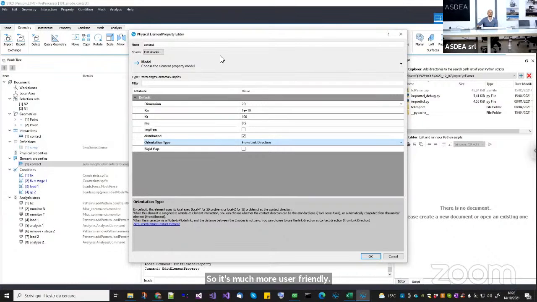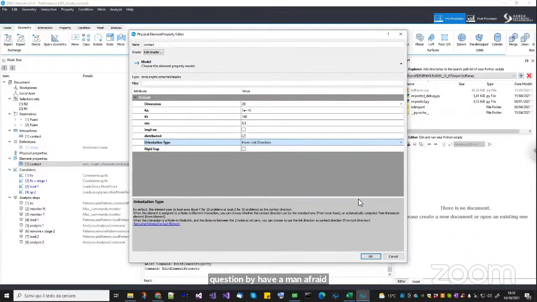Yeah, we have another question by Hernan Alfredo. Hello to everybody. Thank you for this nice presentation. I've been following this Stick.io for approximately 4 months, and I find it very, very helpful for solving research problems and to have more opportunity to use all the capabilities of OpenSys. I've been using some contact elements. I've been checking also your